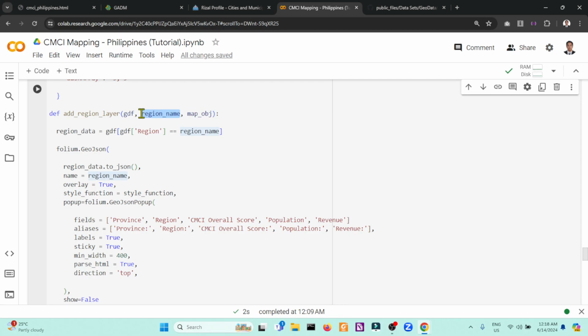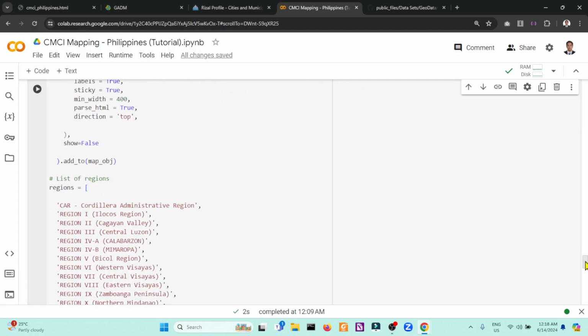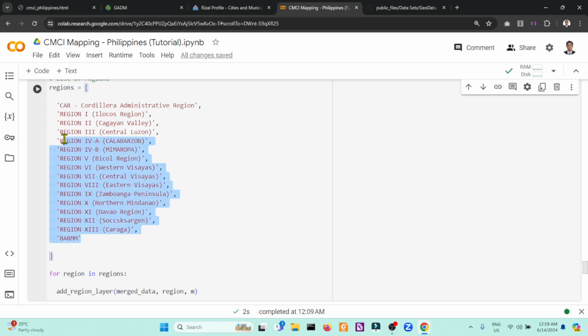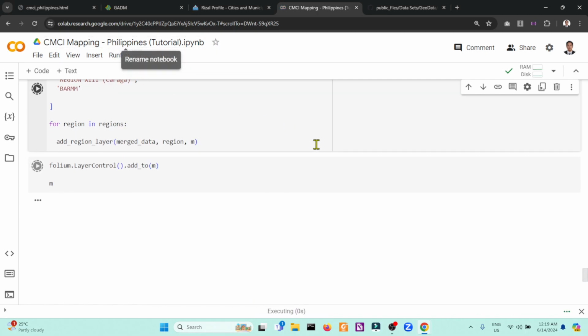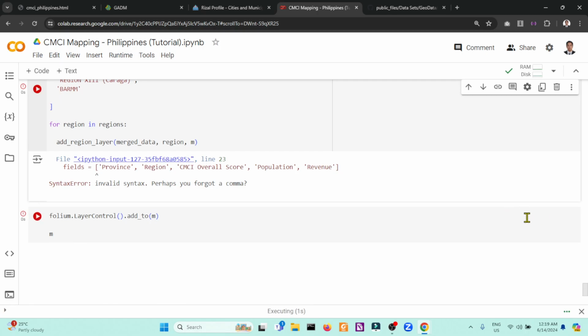So if your region name is Calabarzon and region data is equivalent to Calabarzon, show the specific GeoJSON. So it will iterate from CAR up to BARMM. So that's the value of the for loop. Then if all else is right and we have no error in the code, you will see, so we have an error.